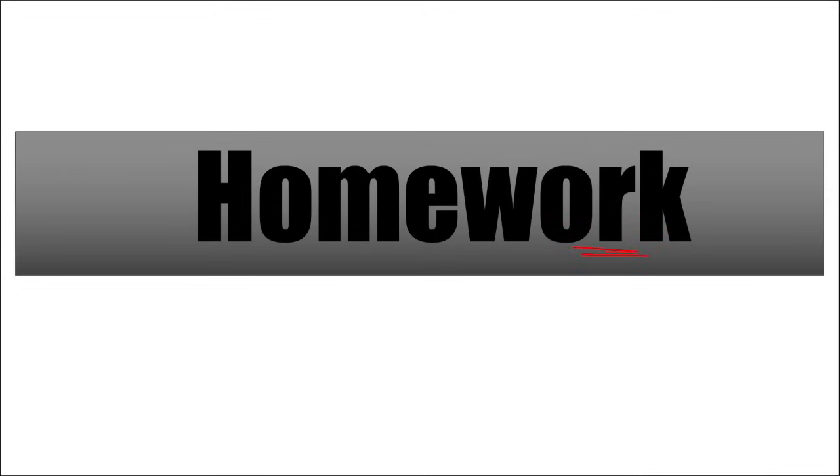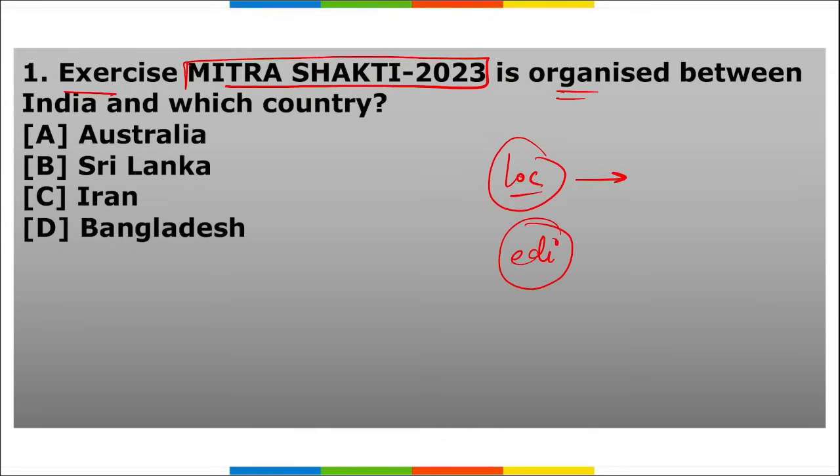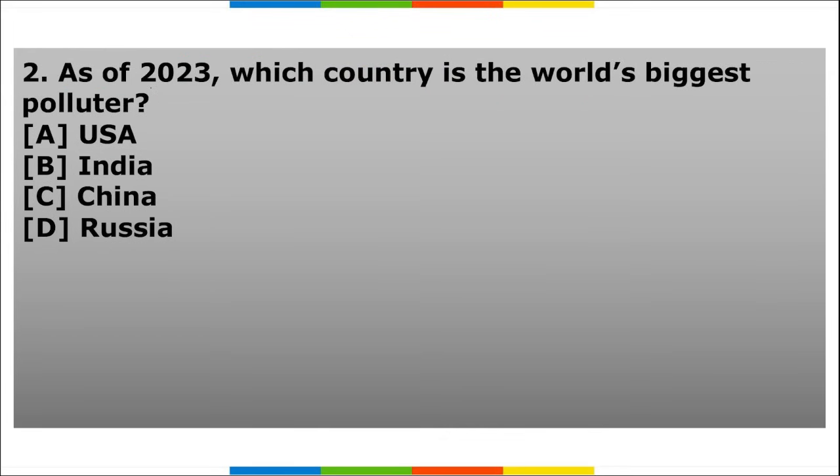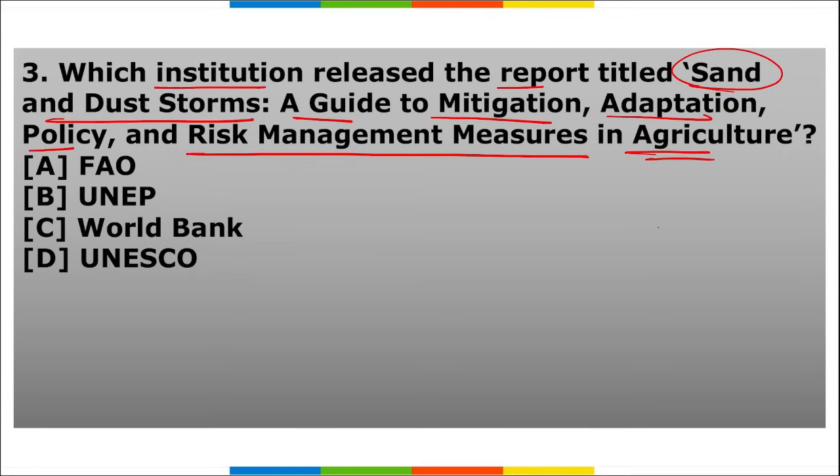Next is our homework section. First, exercise Mitra Shakti 23 is organized between India and which country? Also tell me the location of this and which edition of Mitra Shakti was conducted. Second, as of 2023, which country is the world's biggest polluter? Then third, which institution released the report titled Sand and Dust Storms, a guide to mitigation, adaptation, policy and risk management measures in agriculture? So these are your 3 homework questions, friends,